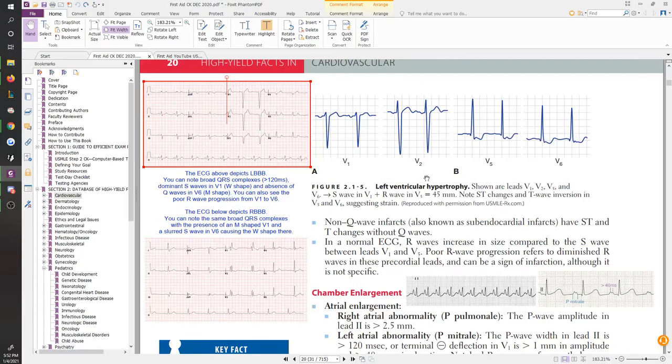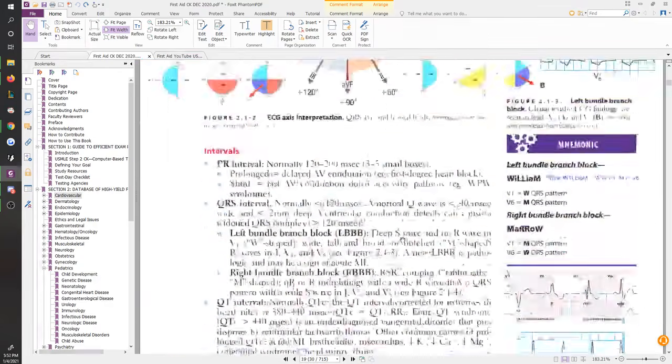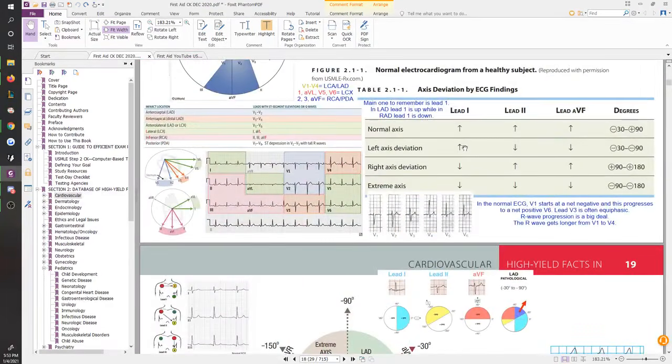This is supposed to be showing you left ventricular hypertrophy. So again, you're thinking the left heart is very, very strong now, much stronger than the right heart. So immediately from the topics we've already covered, you would assume that the person with left ventricular hypertrophy would have left axis deviation. And we already talked about it, that left axis deviation is one of the things where lead 1 stays pointing up and the other two leads are going to be pointing down, right? Lead 1 is supposed to stay pointing up. That's normal. But lead 2 and aVF should also be pointing up, and they won't.